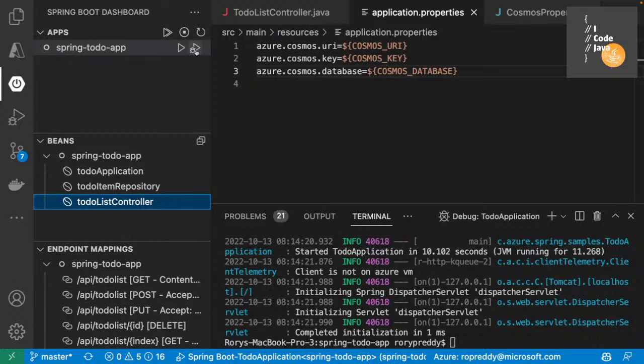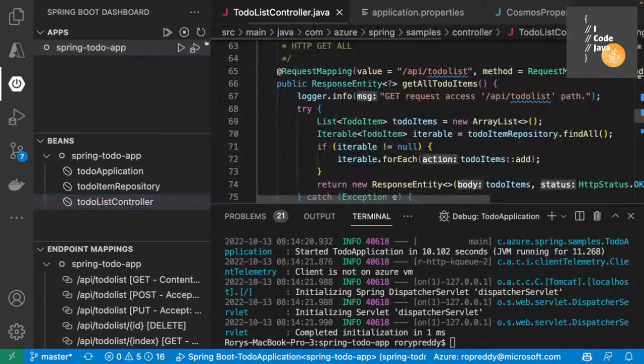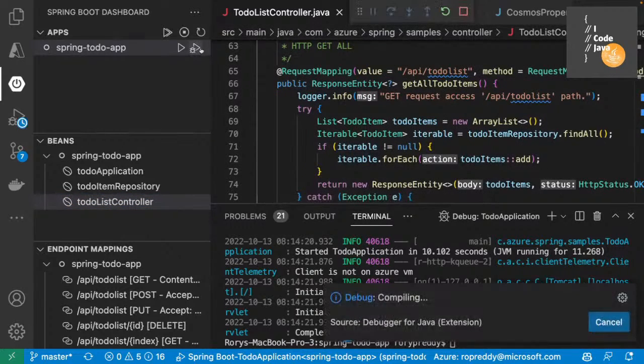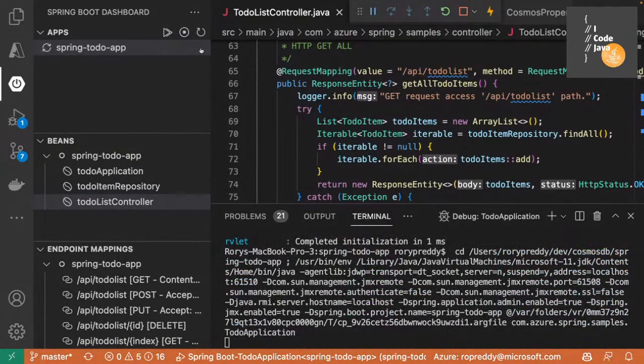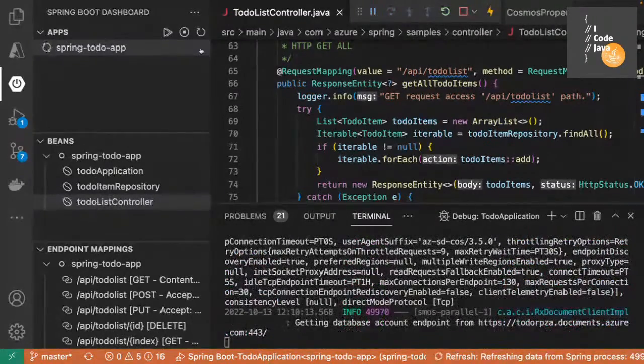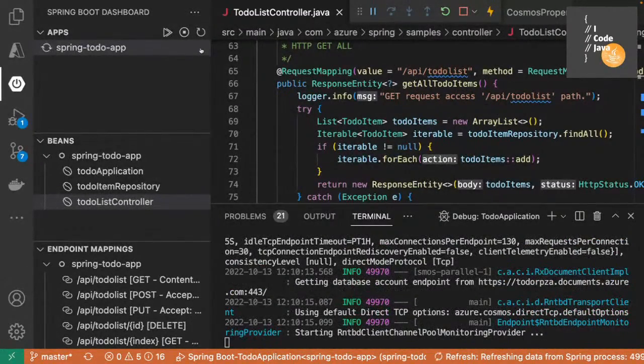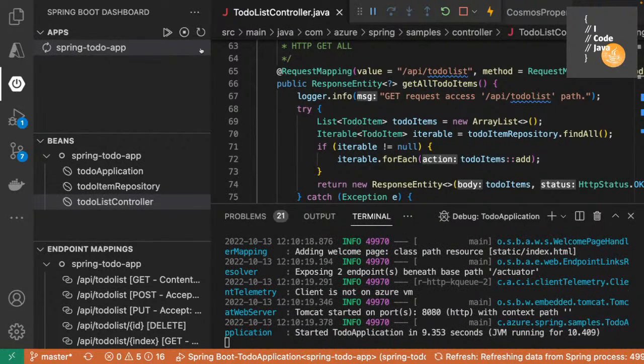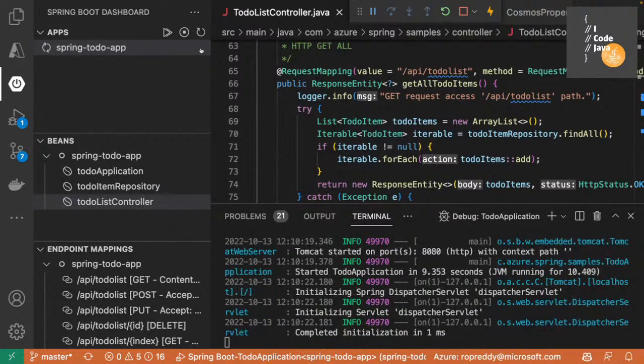So we're going to click on, let's go there, debug. So I've got my application. It basically just goes Spring Boot run. I've created my CosmosDB database. We're going to look at how to replicate that globally after this. Now it's connected to my application, and it is basically just a standard CosmosDB API, and I'm using the SQL API. Now you can see there, it's actually scanning.